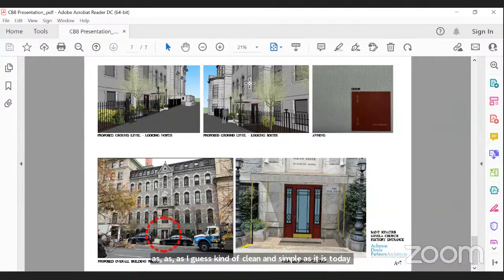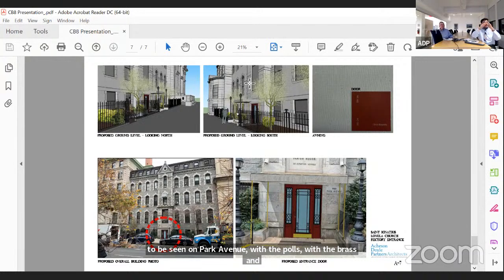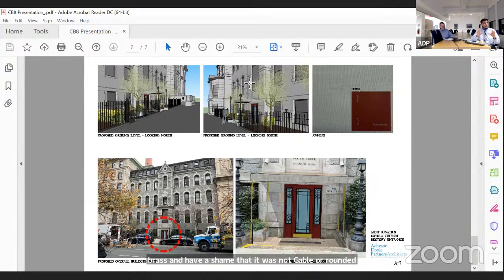To answer your question, the genesis of the awning happened like this. We did the door, and the pastor said, gee, I would like an awning. I said, okay, that's going to get controversial. Let me decide to do something very simple. And we did this very simple overhang awning that was further back and diminished from the facade, much smaller. Our advice from LPC staff was to do something more traditionally expected on Park Avenue, with the poles, with the brass, and of a shape that was not gable or rounded. And so we settled on this, what we believed to be the most innocuous, unnoticeable shape possible,